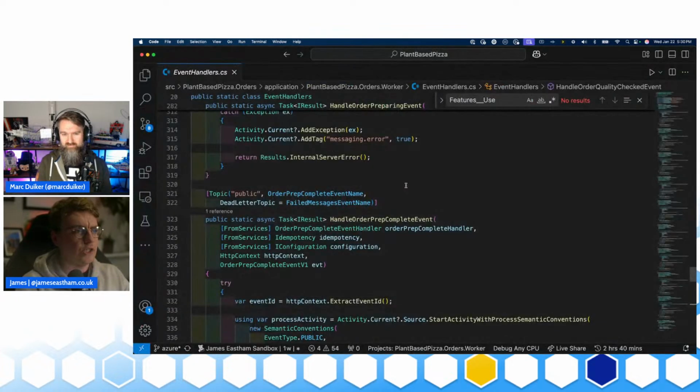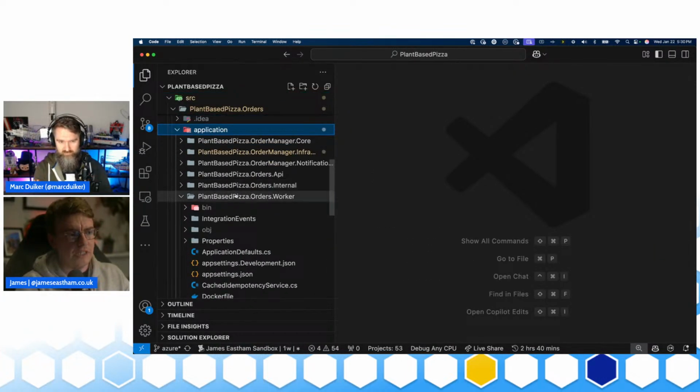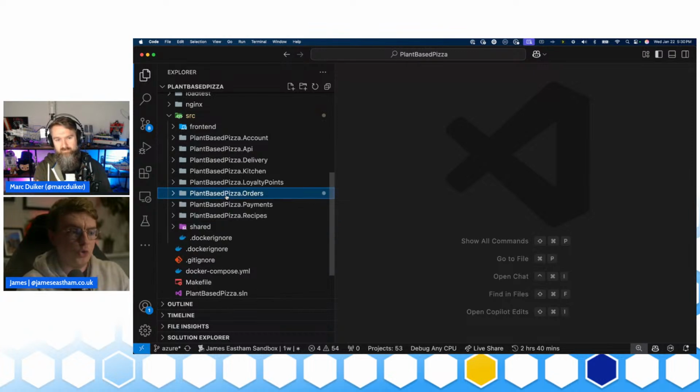The next thing I want to talk about is the service invocation. Because a lot of what I'm building here are microservices, a microservices architecture, it's a way of demonstrating how to do microservices on both AWS and on Azure, serverless microservices to be very specific. As well as a lot of the communication being asynchronous using events, there's also a little bit of service-to-service communication. So when the order service confirms an order, the kitchen service consumes that event and then makes a call back to the order service to actually get the order details. So there is a little bit of service-to-service communication going on using the service invocation functionality in Dapr.